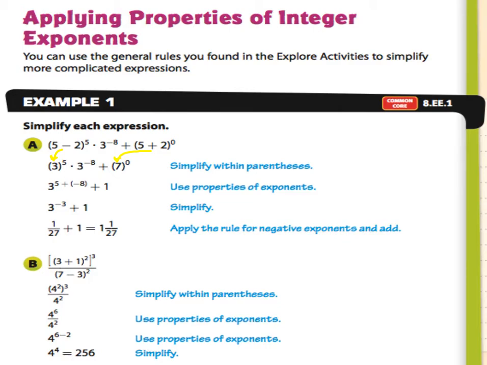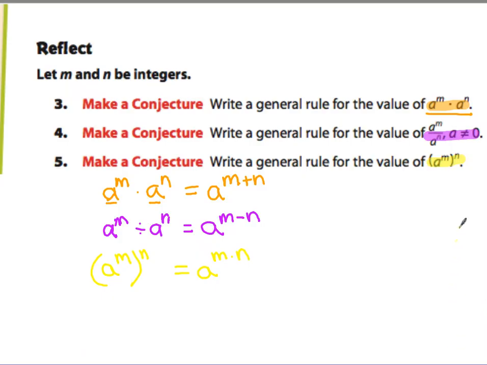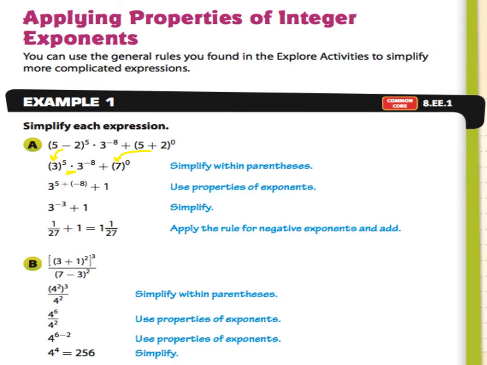my exponents. However, instead of extending those exponents out, we can use our rule. So in this case, I'm multiplying two numbers. So go back and look at the multiplication rule. The multiplication rule tells me that I can add my two exponents. So that's what I'm going to do. Since 3 and 3 are the same, I can take 5 and add negative 8 and turn this into, instead of 3 to the 5th times 3 to the negative 8th, I can just change it to 3 to the